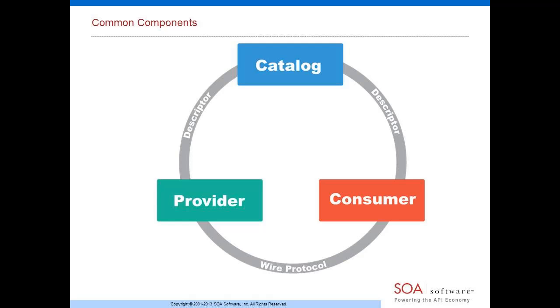If you look at any services architecture going back to CORBA, and maybe even before that, these are the common kind of components of a service orientation. And they are still the common components of API. And I'll talk about that in a second. But if you look specifically at